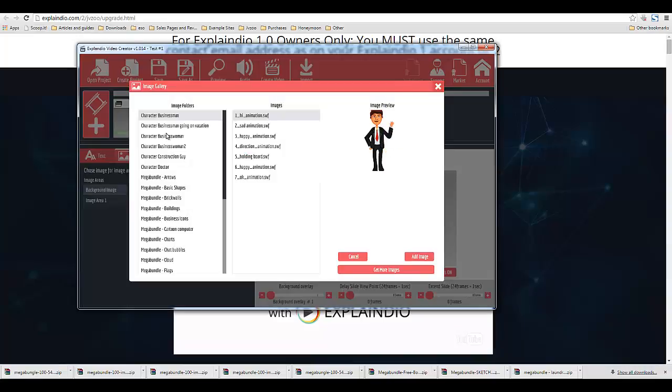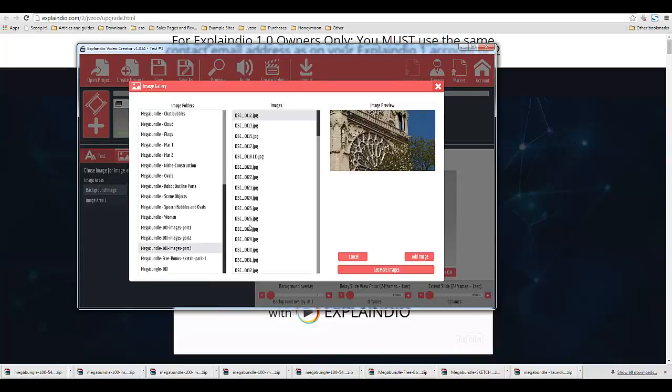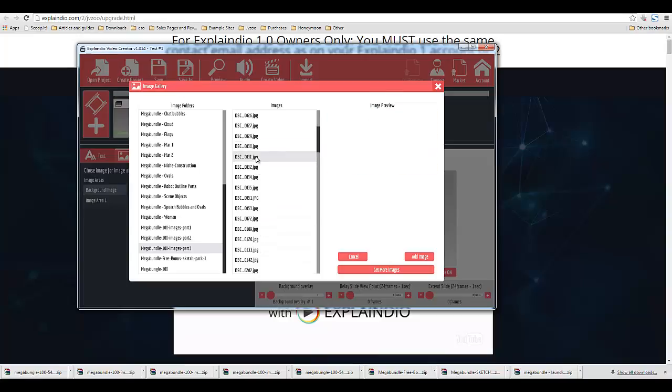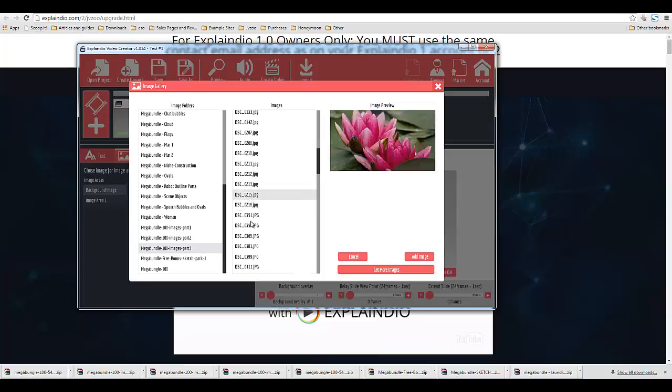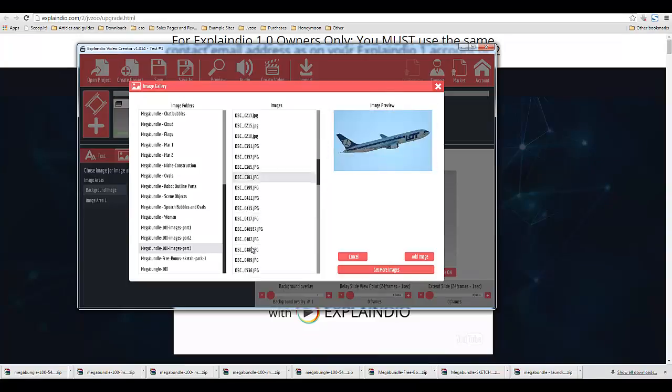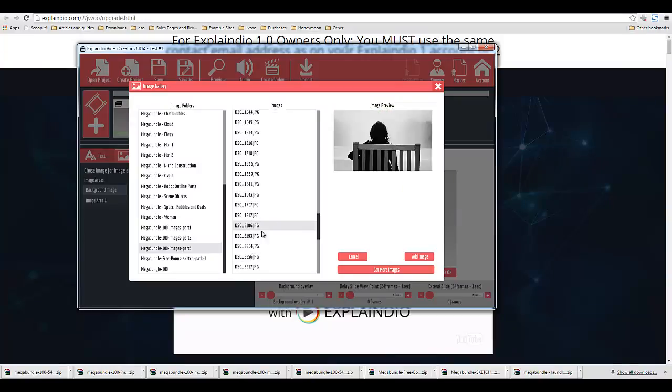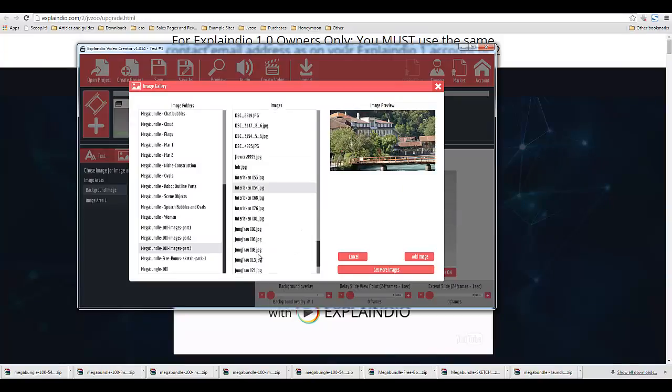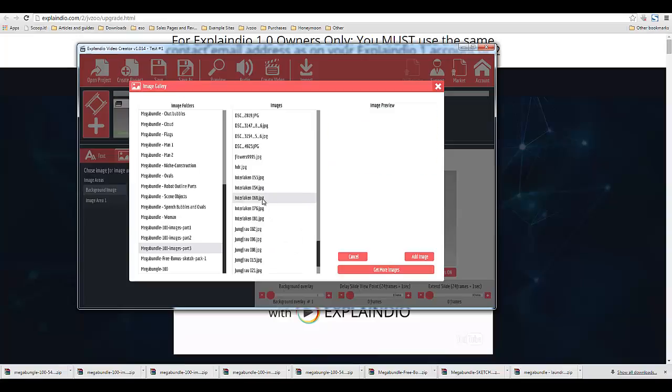Go to our gallery here. Here are some of our royalty-free images, and I'm going to look for something that is just a photo of a house, basically. I'm sure I have one somewhere with all these different images here. Just kind of clicking at random.